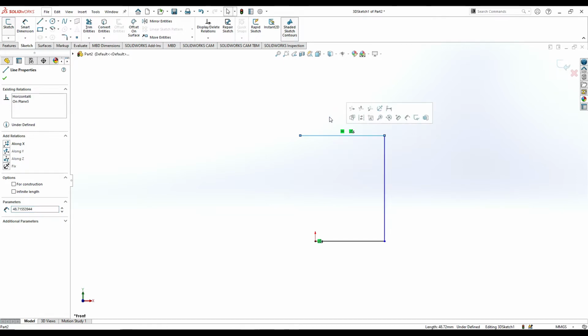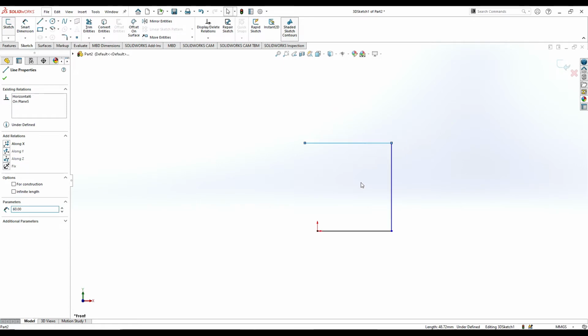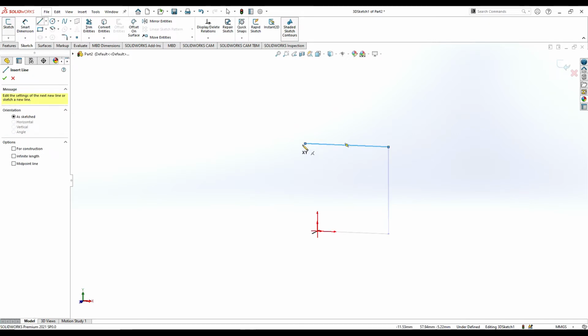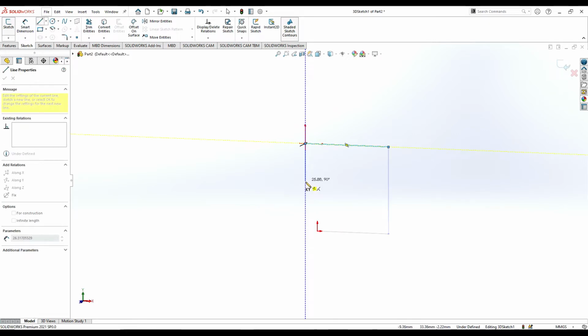So, let us make it 60. Okay, now we will continue by drawing a line of about 40, and then we will press Tab to align